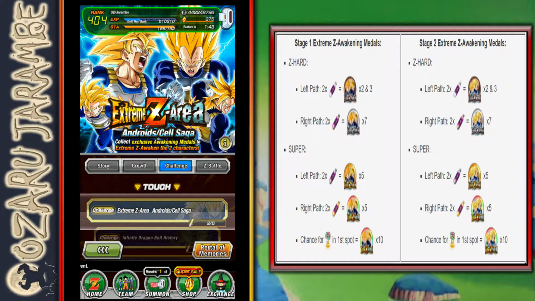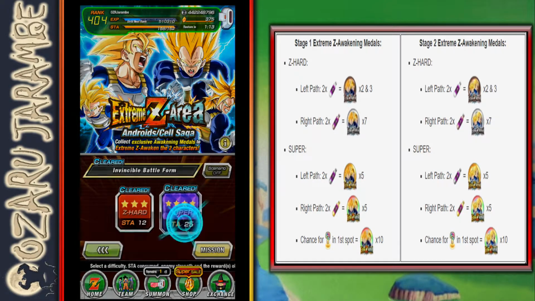I know it only shows the rainbow medals here, but I did have it pop up one of the times I was doing the Z Hard difficulty. But anyway, again, it takes a lot of stamina to use these, so make sure you're counting the medals that you need before you go in and kind of keep a mental track of that, so you don't go in and accidentally grab the wrong medals and run out of stamina before you can get these guys done. Alright, so with that, we'll go ahead and jump in here